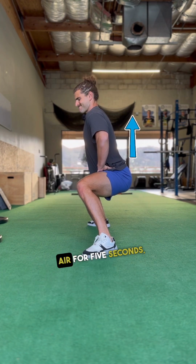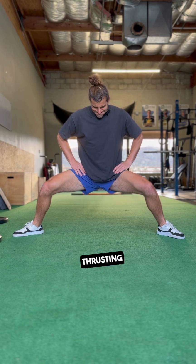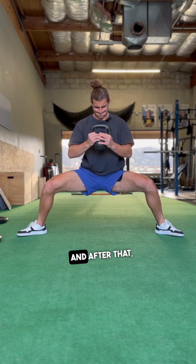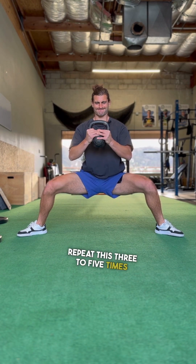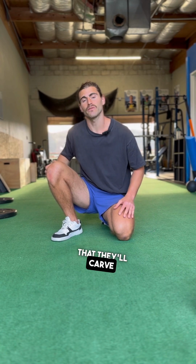Stick your butt up in the air for 5 seconds, then reverse the contraction by spinning your heels in and thrusting the hips forward for 5 seconds. Your legs should be absolutely shaking here, and after that, sink lower and repeat this 3 to 5 times per set. The rotational contractions in the transverse plane are unique in that they'll carve out more space for you to